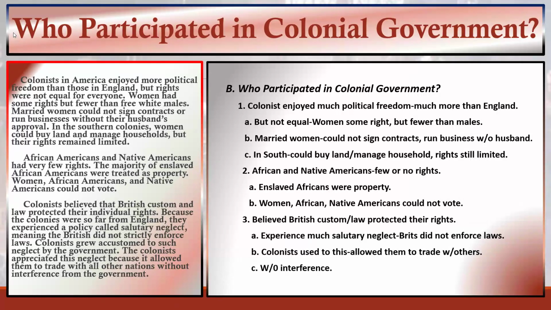So they're going to get used to this no-interference thing until the 1750s, actually the 1760s, when Britain really comes down on the colonies for enforcing the law. And now we're going to have a problem. That's another story, something we'll get to later. Hey, that wraps up characteristics of colonial government. Check your outline over, complete your reflection activity,